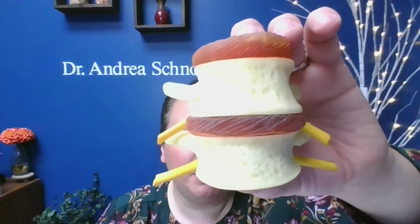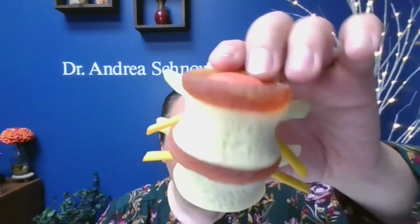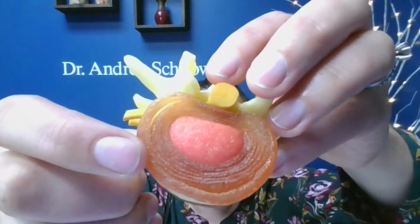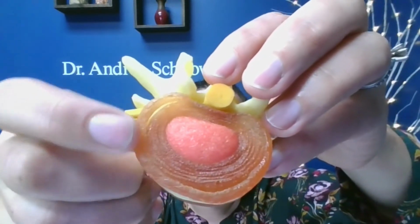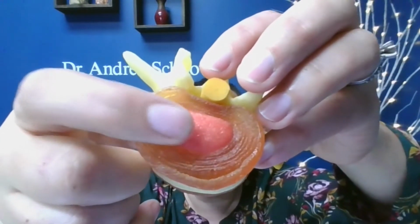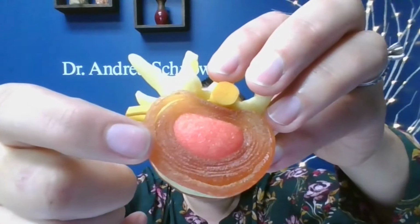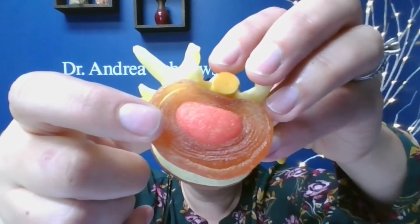So what actually happens is those discs get worn and torn, and they actually start to break apart. If we look, that disc is made up of rings of fibers, and those rings can start breaking apart, and we can get inflammation in the center of that disc. And when that happens, that disc can be very painful, and it can be hard to move in certain positions